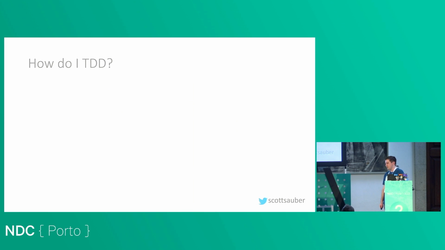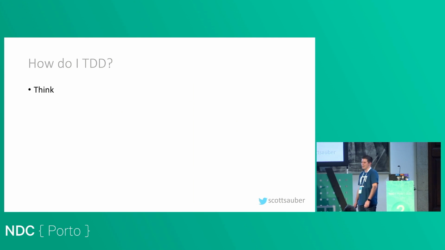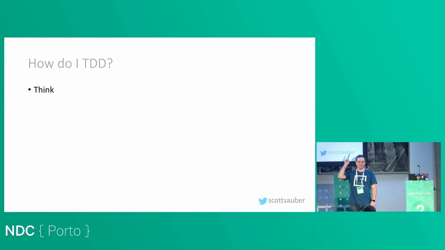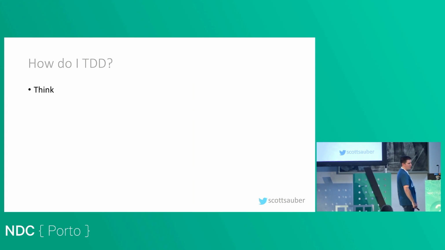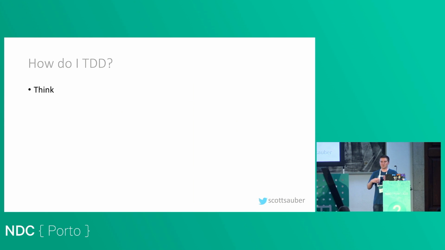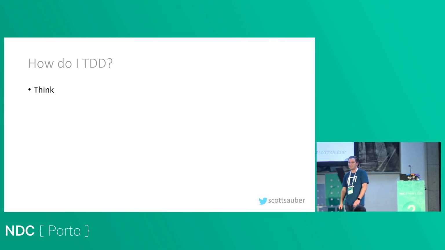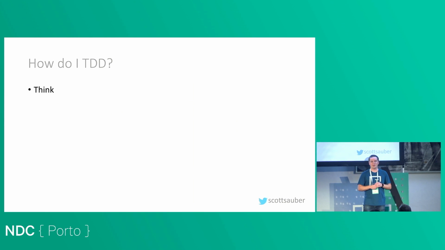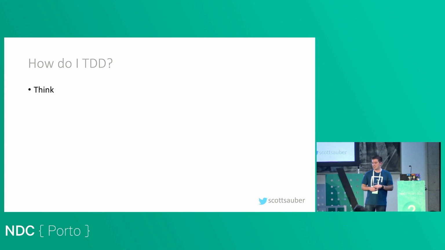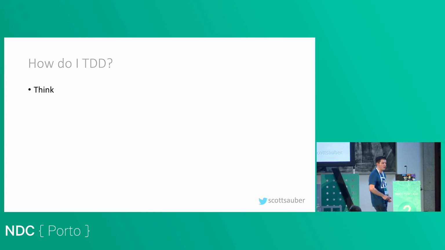So how do I TDD? A lot of people will think, how many people have heard the term red-green refactor? Okay, maybe 10% of the room. A lot of people think that TDD starts with writing the failing test, but I actually like this concept that first you think about what you're trying to do, like what behavior are you trying to get out of your system? What failure states could happen to this behavior? What's all involved, what should you be testing, how should you be setting this up? I think that's a key aspect,